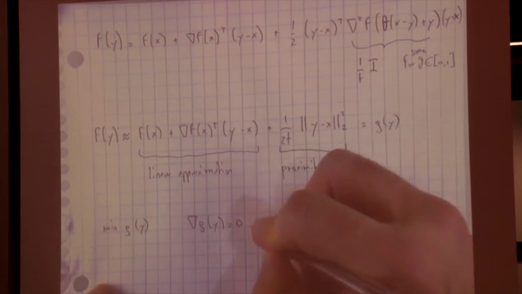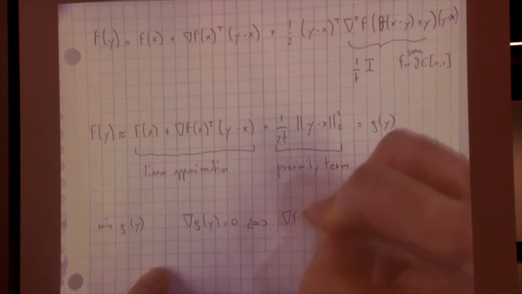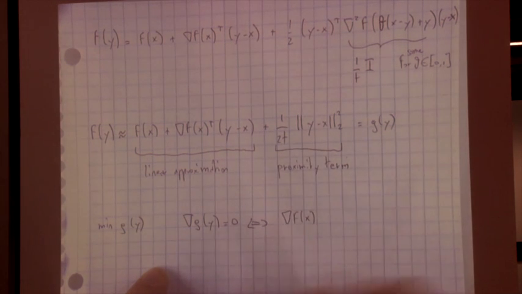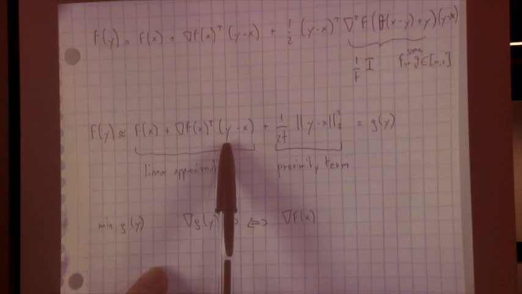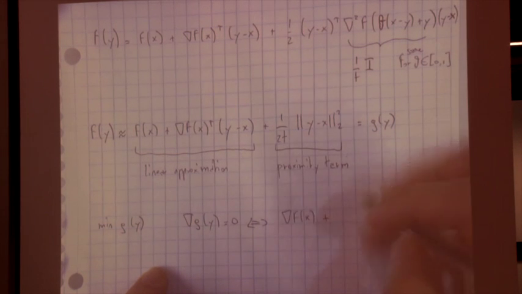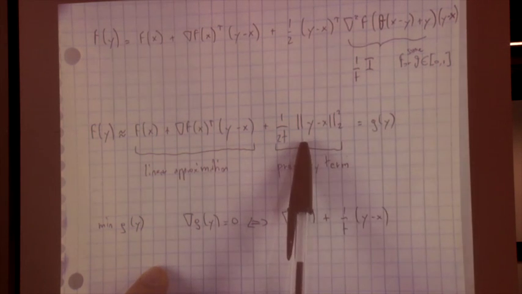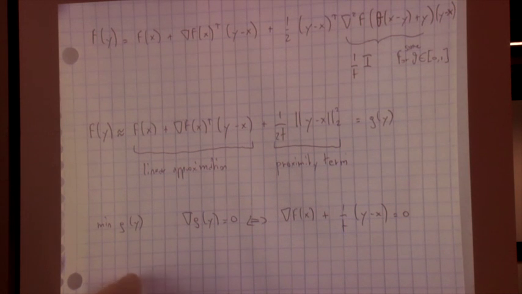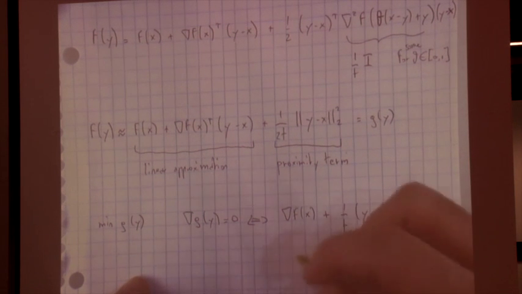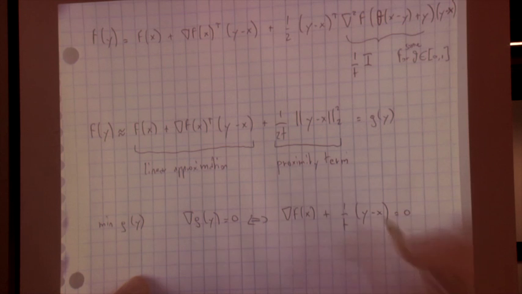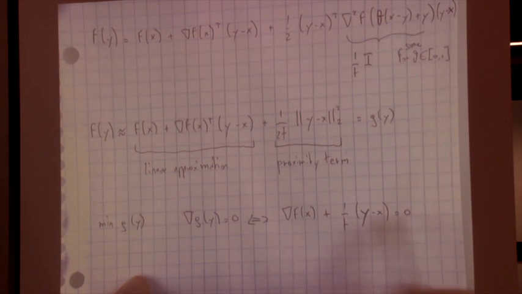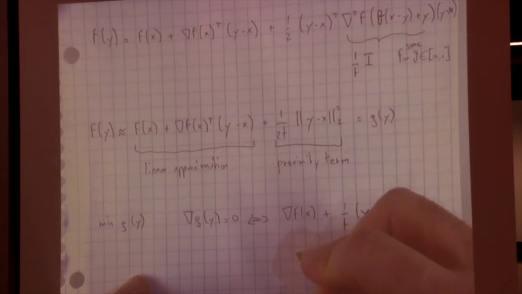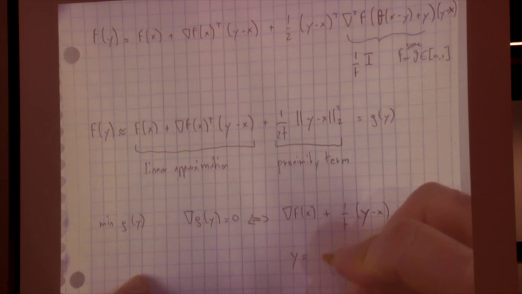And that's equivalent to saying that the gradient of f at x, I'm differentiating this first term, plus 1 over t times (y minus x), the gradient for this other piece, has to be equal to 0. And from this, if you just rearrange and write this equation in terms of y, that's going to look as y equal to x minus t times the gradient